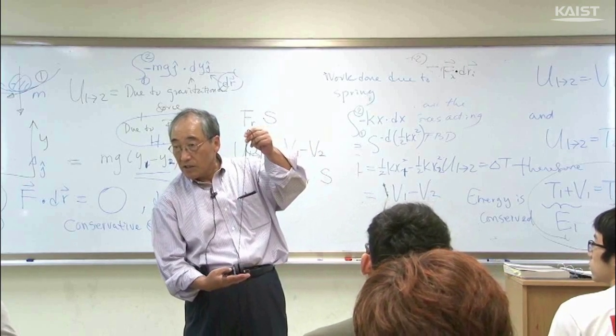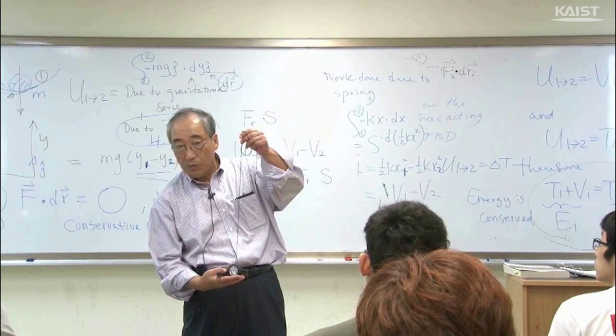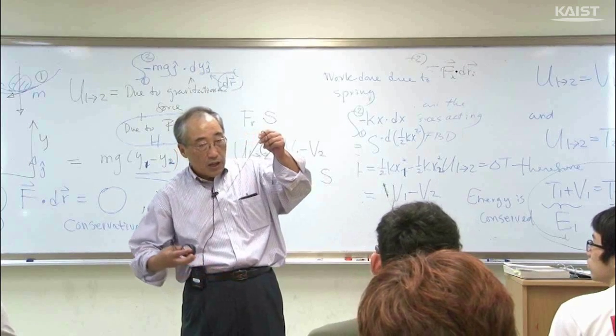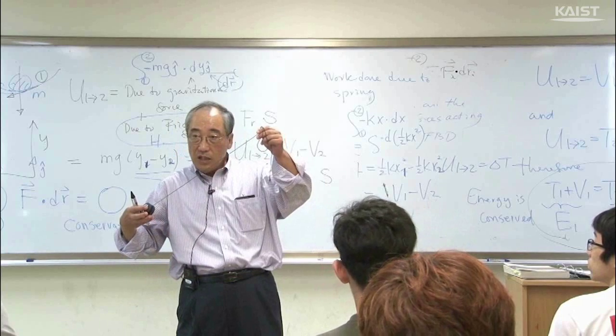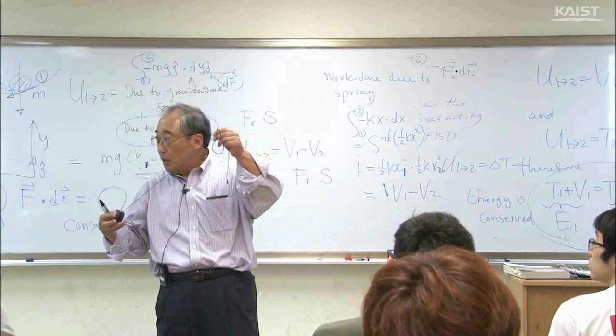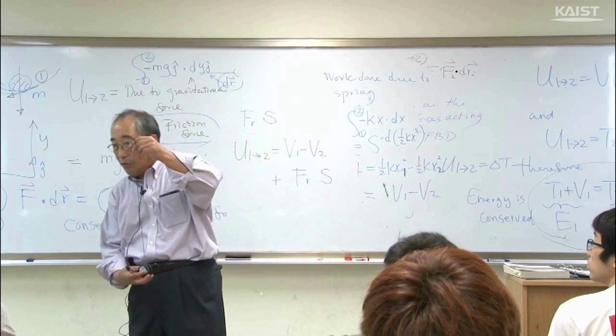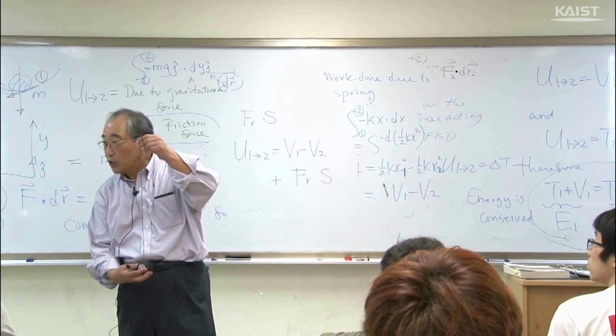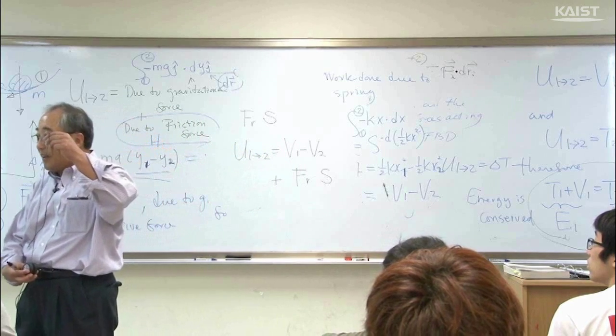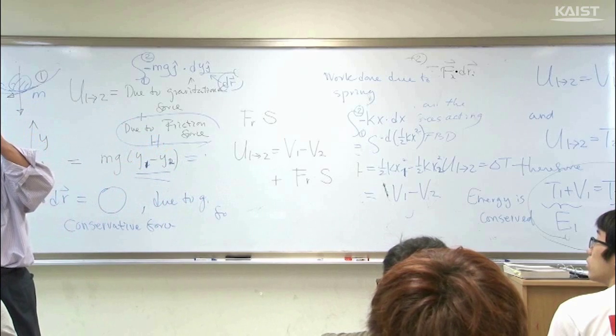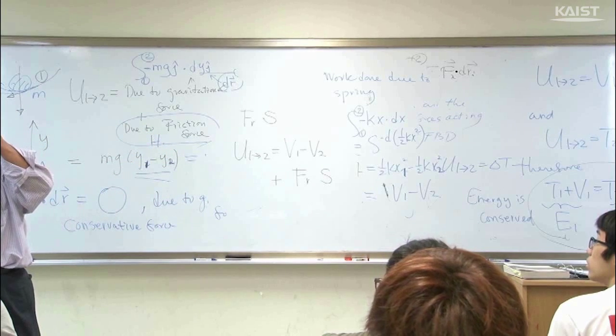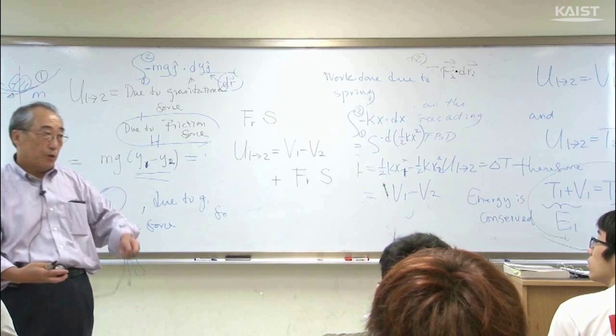It's not necessary. You just have a datum over here. Then you could say the potential energy at this point would be mgh, and over here there is no potential energy if I take a datum over here. And that is 1/2 mv